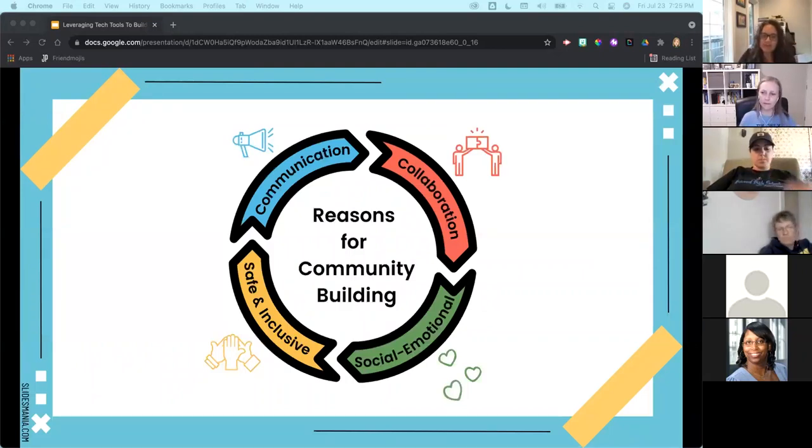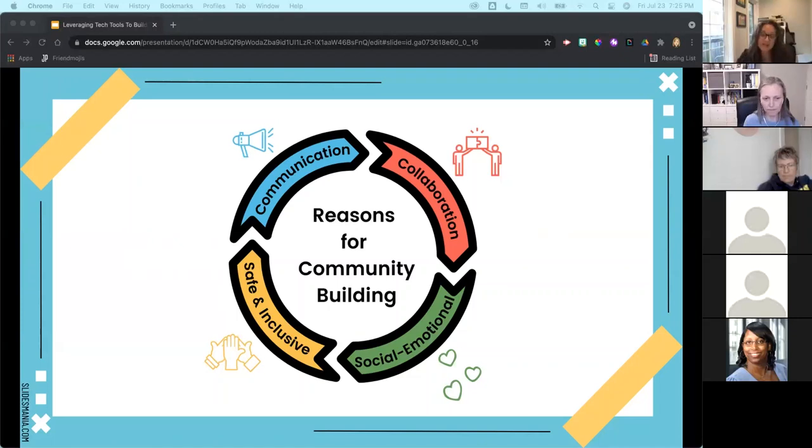So as we were brainstorming and putting some stuff together, the big things that stuck out to us were these 4 main reasons for community building. So we have communication. A strong classroom community really does foster communication. Students are less afraid to share and to speak, and they're more comfortable with each other and with the teacher. So participating doesn't feel as high risk as perhaps it would if you don't have that tight knit, strong